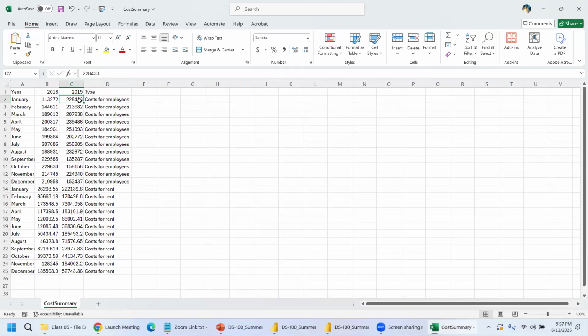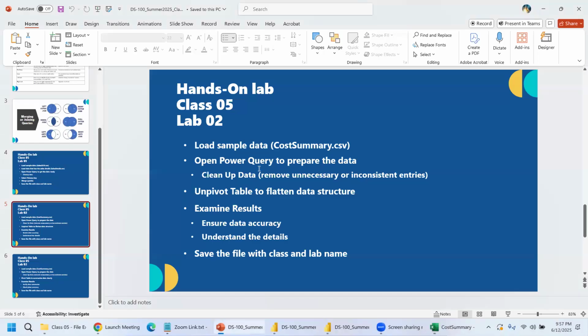So if you take this data and first unpivot it, you're going to see